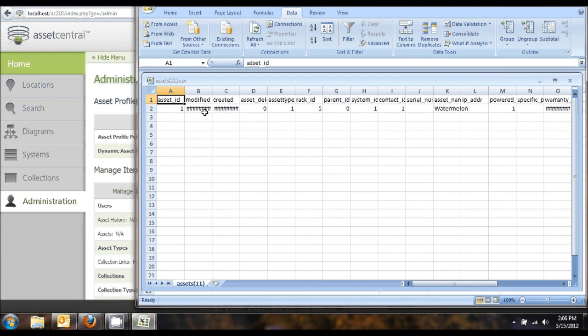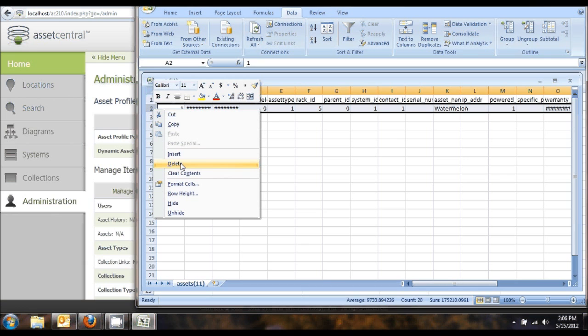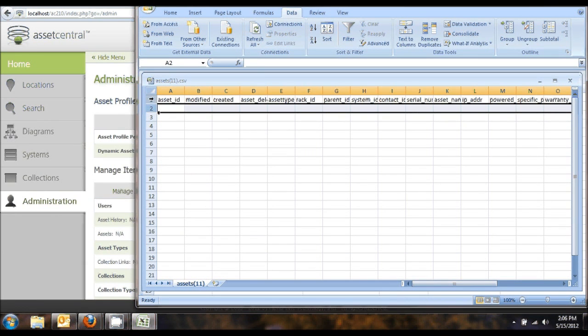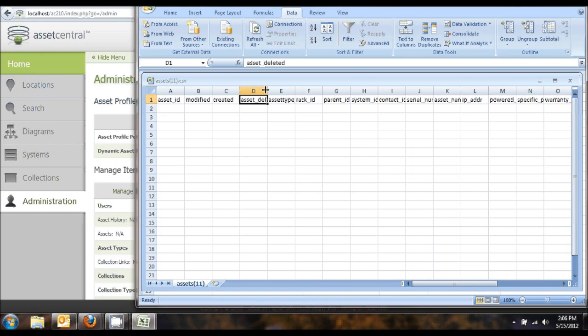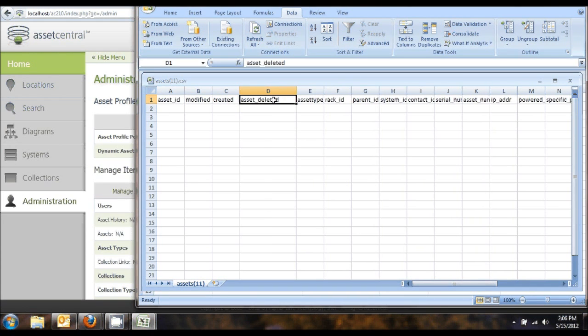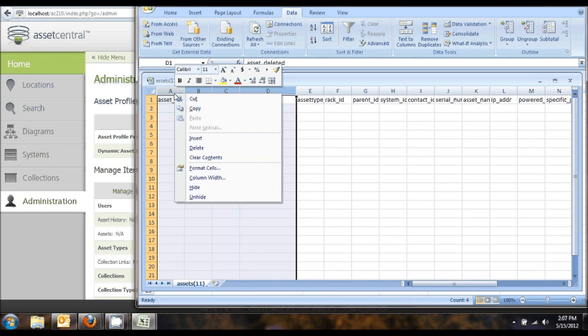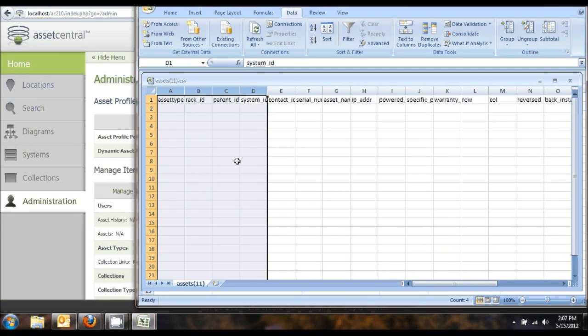If I open that up now, you'll see that it currently just has one record, and I'm not actually interested in the record here. What I really want is this information up top, the column headings. In fact, these first 4 columns here, up to asset deleted, aren't even interesting to me because I'm going to be importing new assets, and this is just information that would be used if I was looking at stuff that already existed. So I'm going to delete those 4 columns,